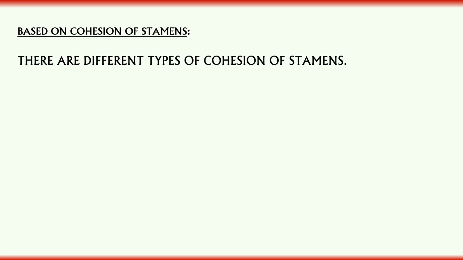Based on cohesion of stamens, there are different types of cohesion of stamens. So cohesion is nothing but the union of stamens among themselves. Union of stamens, that means the parts of anther and filaments unite themselves, then it is called cohesion. And there are different types of cohesion of stamens. They are